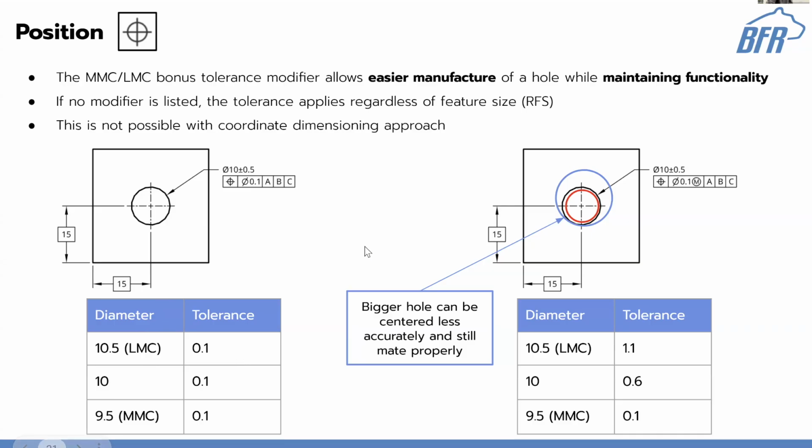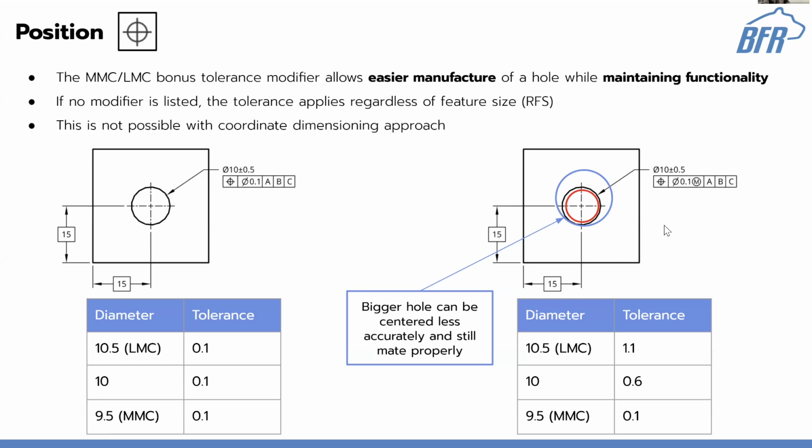Which maybe that's fine, and maybe you can hit that. But if you think about it, when I'm trying to fit my two plates together, if my bolt is smaller or my hole is larger, then I have a lot more wiggle room. I can be farther off and the parts will still mate together. So that's the idea: with a bigger hole,